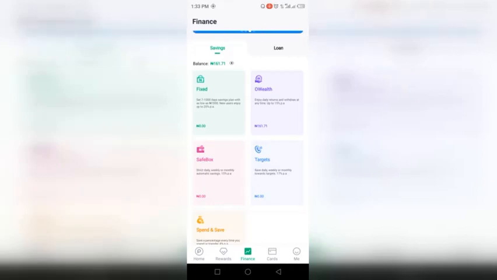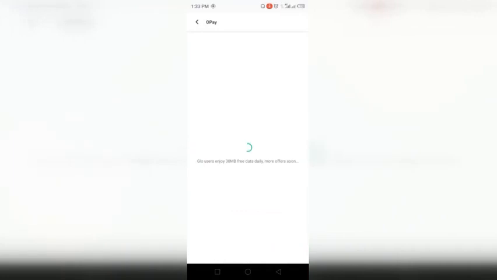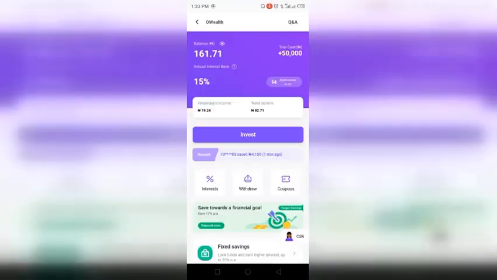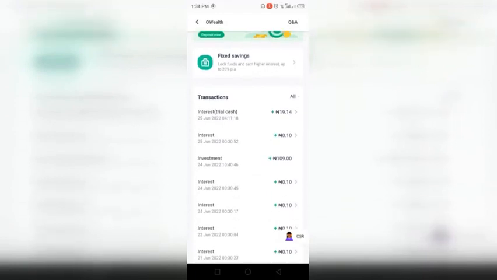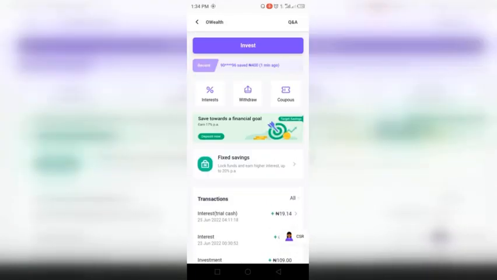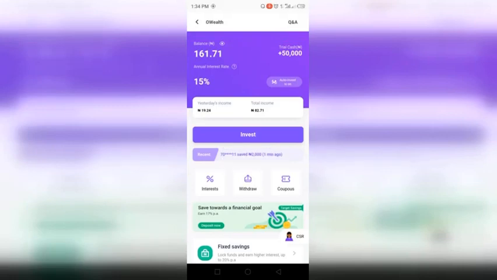Then when you click on the OWealth button, a banner will show at the lower part of this. Sorry, this won't show actually because I have enabled the feature. So once you click on the trial cash, you accept it, then automatically it is showing on the top corner of your balance. Then from the next 24 hours, you begin to get 10% of the total sum of money, including your trial balance in your account, which gives you the opportunity to be able to save.